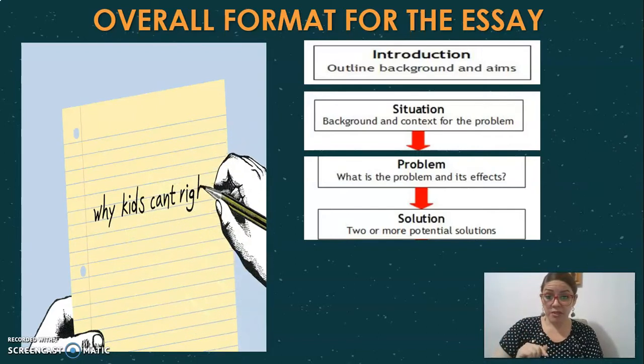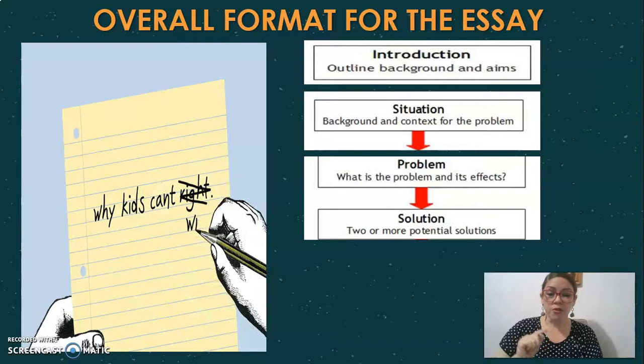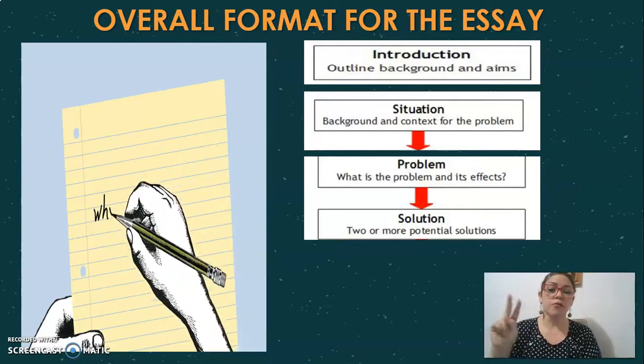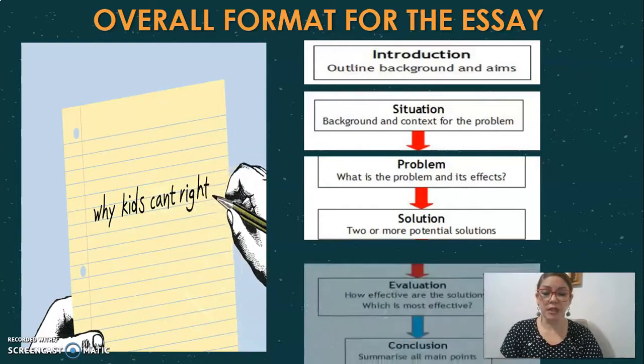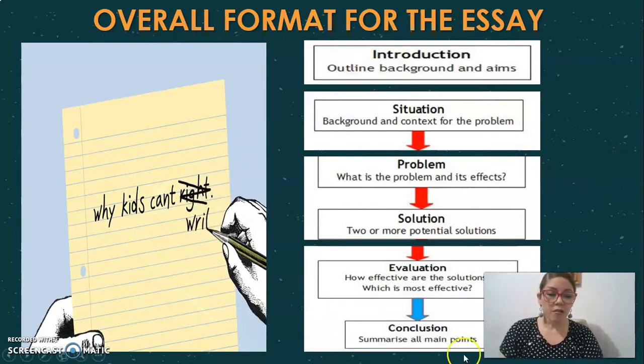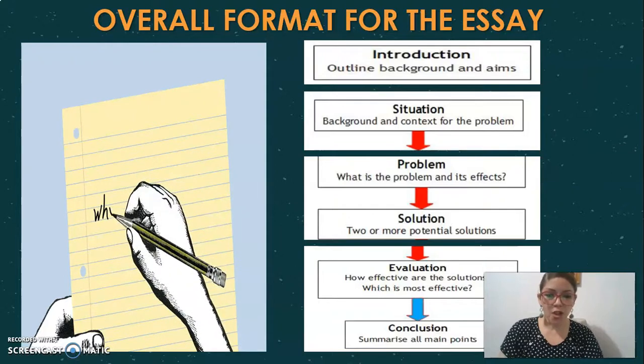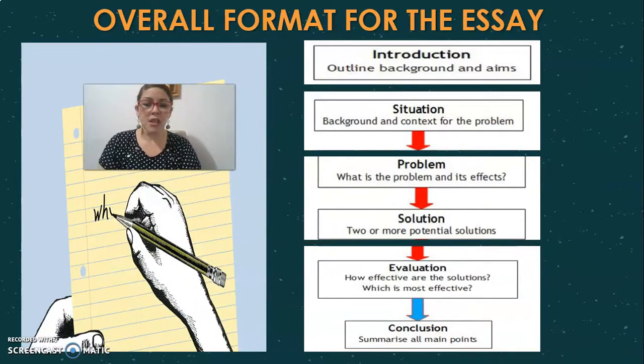We are going to have a solution. Obviously, when we talk about a solution, we might have 2 or more potential solutions, as I said beforehand. We might also have something covered in our essay writing, which is called evaluation. Evaluation, don't think about quizzes, which by the way, we're going to have one weekly. Evaluation is how effective the solutions we are proposing can be, okay?